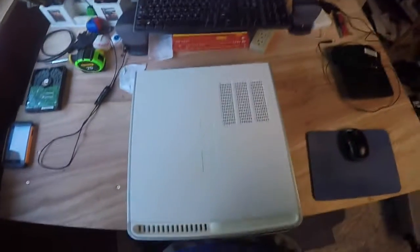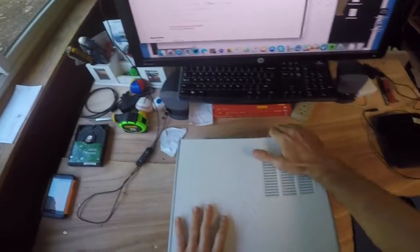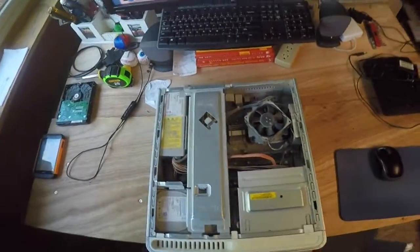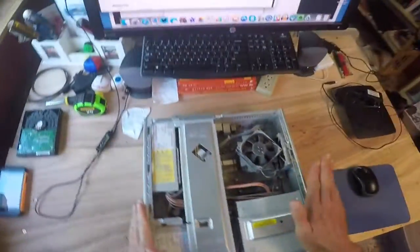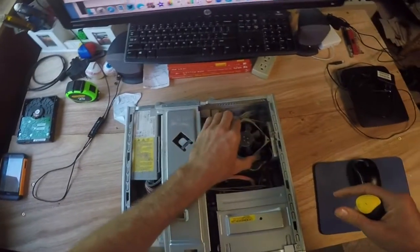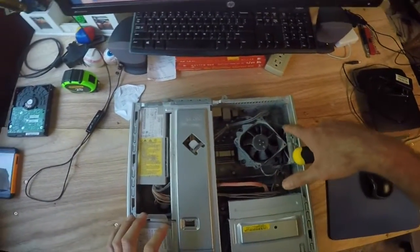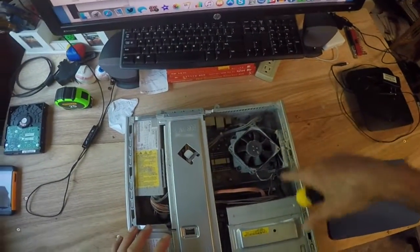So the first thing is, gotta remove the case, and if you have a computer that's been sitting around for a while, you're gonna be dealing with a lot of dirt and stuff. This was in a really dusty spot. So on these from Dell, I like the fan on the side because it comes with